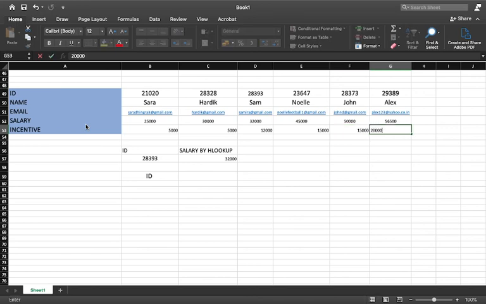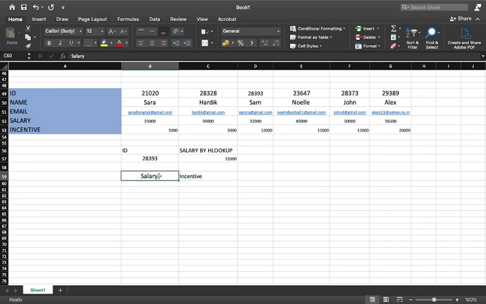Say we have these incentives. Now I want to look for incentives for particular salaries. Here I'll use approximate matching with the HLOOKUP function. If you see, we have this. I'll just increase the size so it is visible to you.